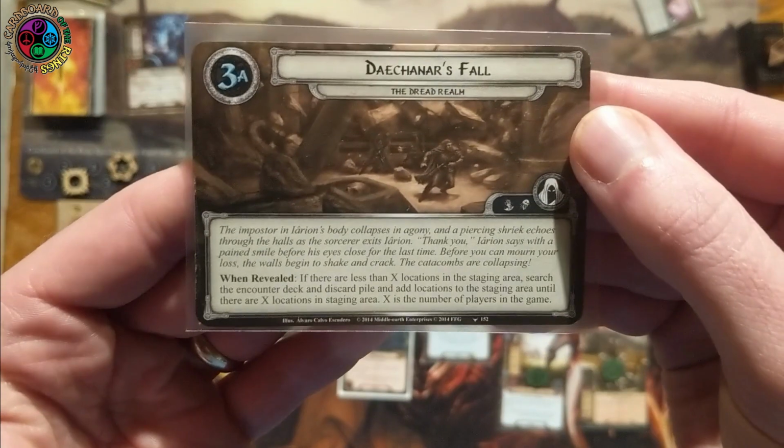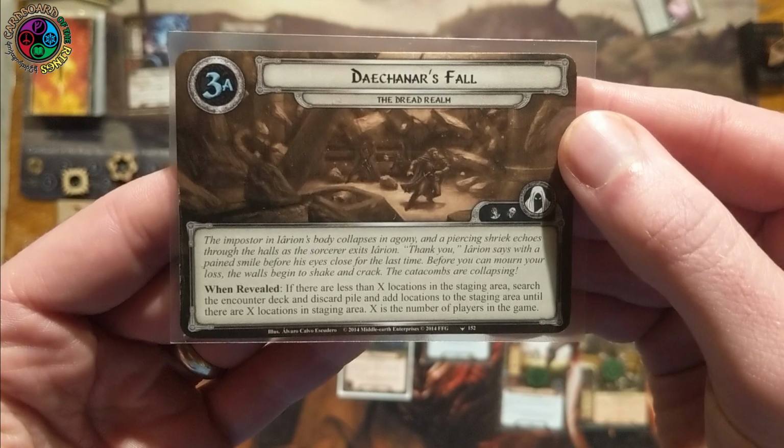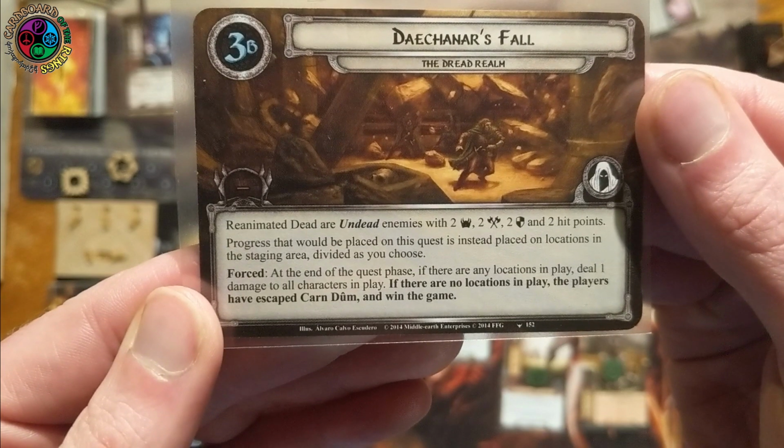So 3A, Decanar's Fall, when revealed, if there's less than 1 location per player in the staging area, you would have added 1, but I have 1, so I don't need to do that. Reanimated Dead are 2s again, and basically what I need to do is clear all the locations in play. The quest card is going to help me out because progress that would be placed on this quest can be placed on locations in the staging area, and that's why having a 7 progress location in the staging area is